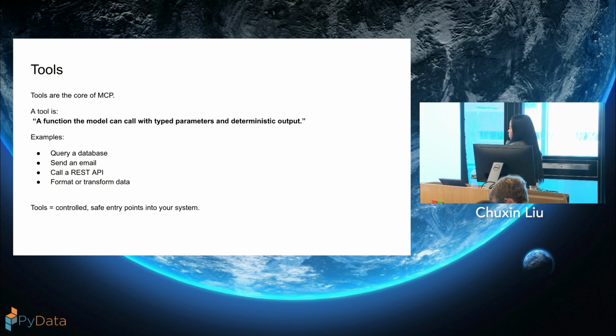So examples of tools would be querying a database. If you create a SQL database and then a text-to-SQL system, then your tool is querying that structured data. Or if you have a graph database, then you create a text-to-Cypher query, and that query queries the graph for you. The example that we showed today is sending an email. That could be one kind of tool. It could call a REST API, or it can format or transform data. Basically, anything that you can do can be structured as a tool.